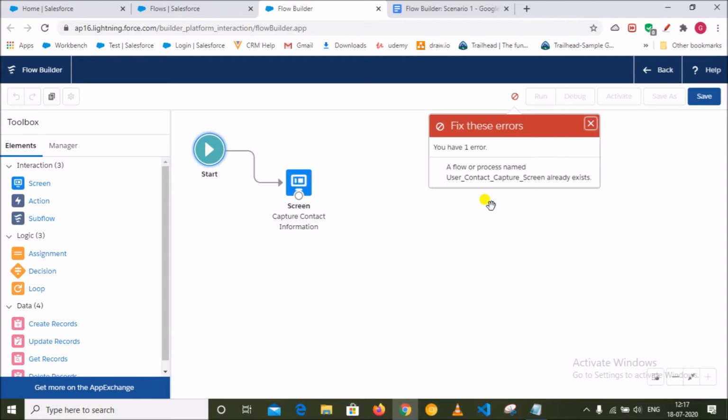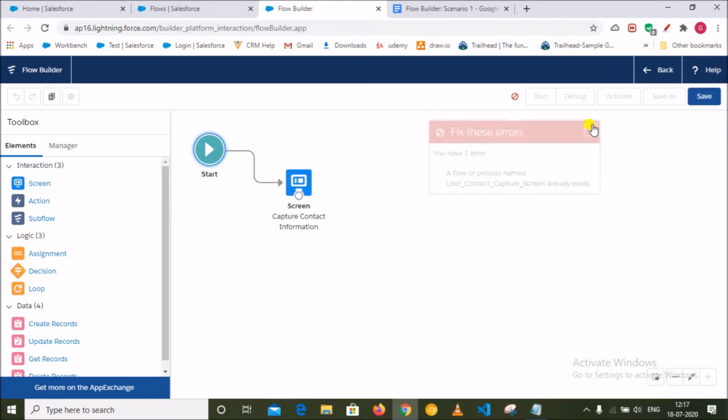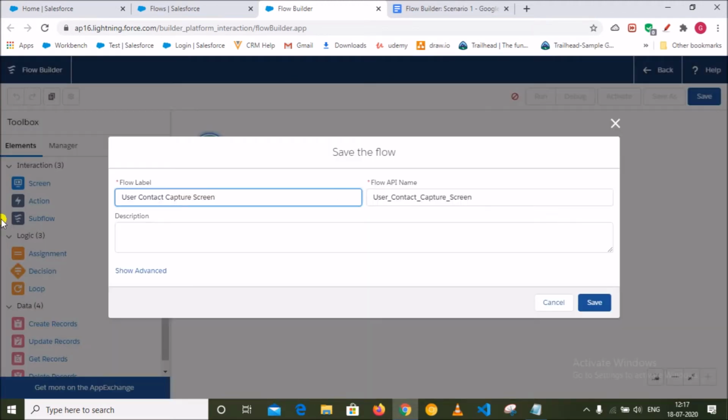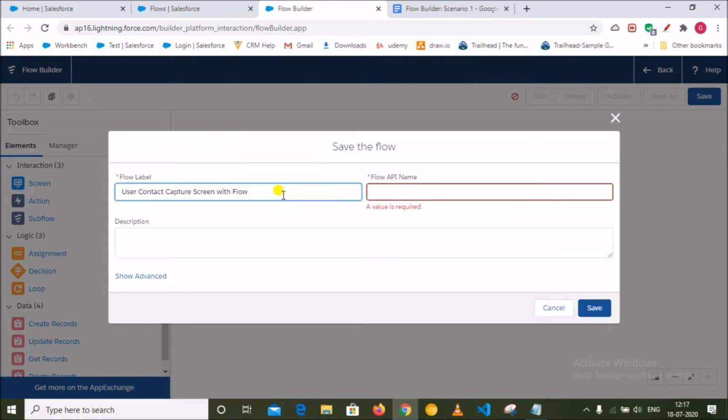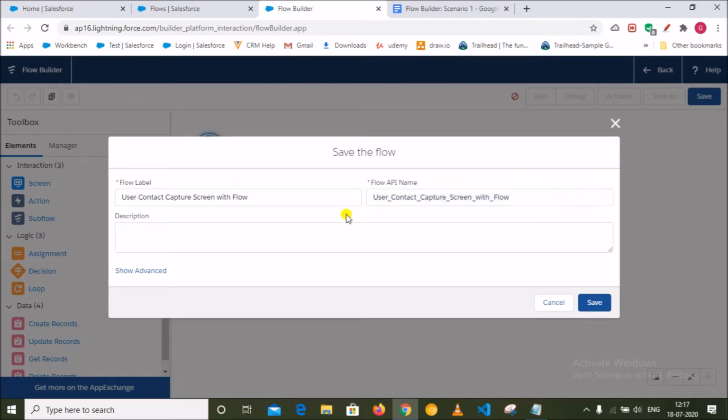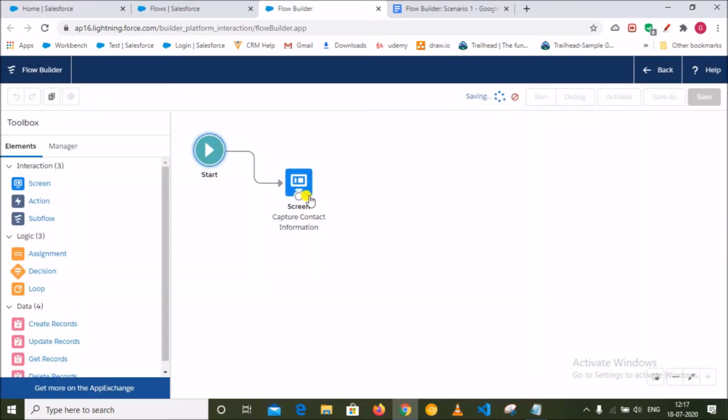So user contact capture screen already exists. So let's save in a different name. You can give some name here, user contact capture screen with flow. Okay, let's save it.